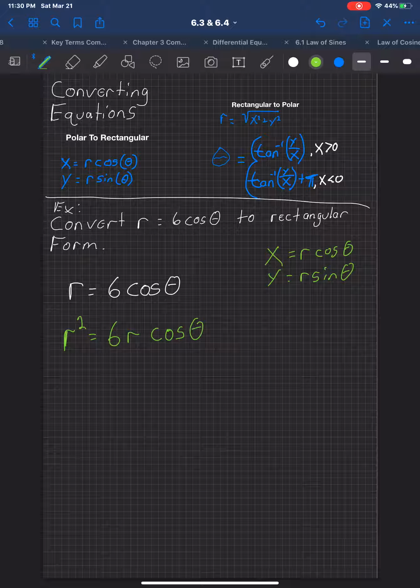So r squared is equal to 6 times r times cosine of theta. All right, and since r squared is equal to x squared plus y squared,